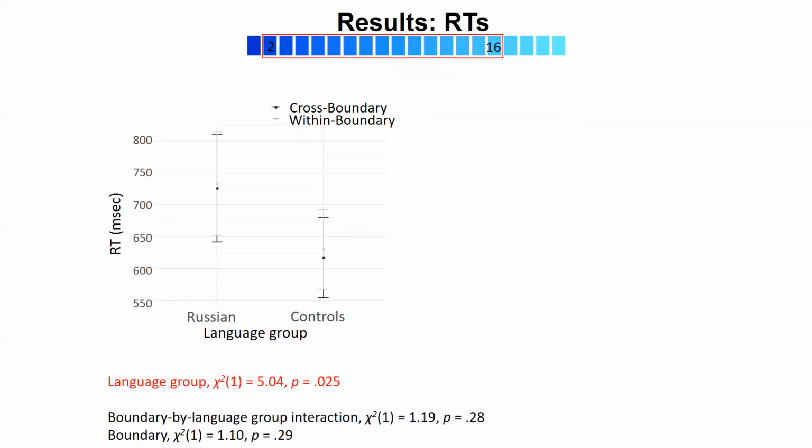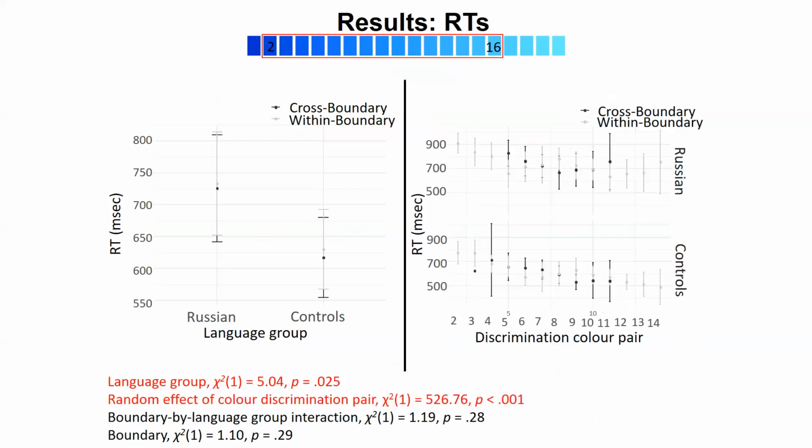As you can see, we get the difference in reaction times. Russian participants are slower. Bilinguals are often found to be slower in reaction time tasks due to having multiple representations that they're accessing. But there is no effect of boundary and no interaction by group. What about the effect of darker pairs? So you can see the darker pairs have higher reaction times in general, but here, because both of our participant groups are slower, our Russian participants are actually as fast as the controls in Winawer, and our controls are even faster. They're fast enough for this clearly not to emerge into the data.